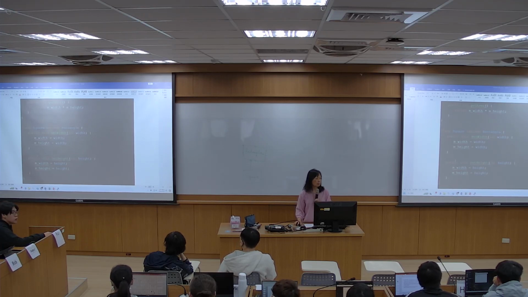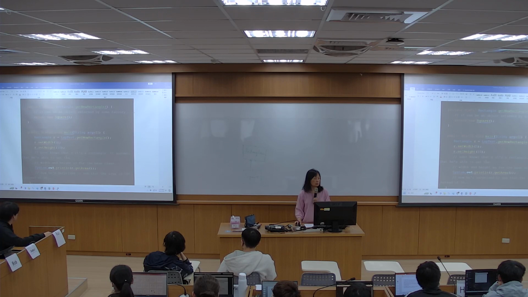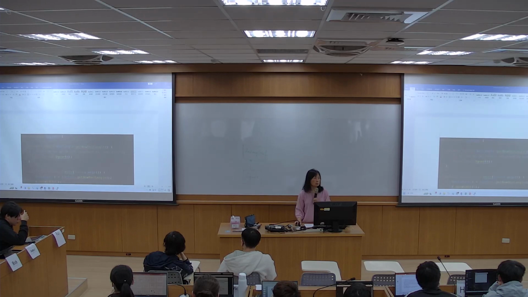And the height is all changed to the height. So if I try to exchange the main function, first I execute the R set height, and next we execute the R set width, and the result will be 25.